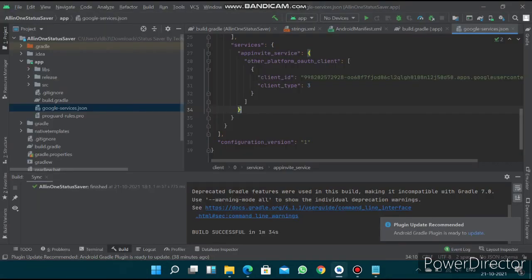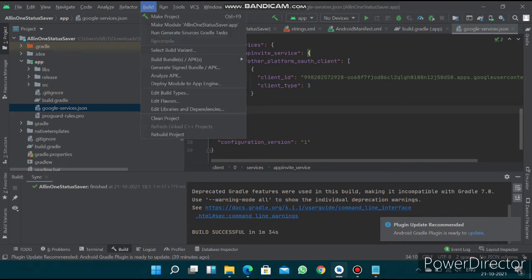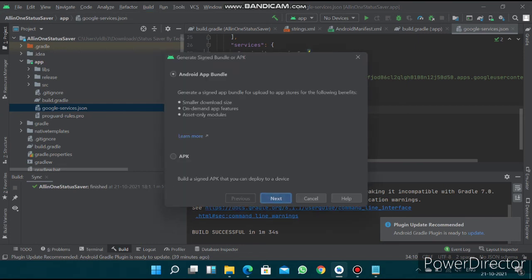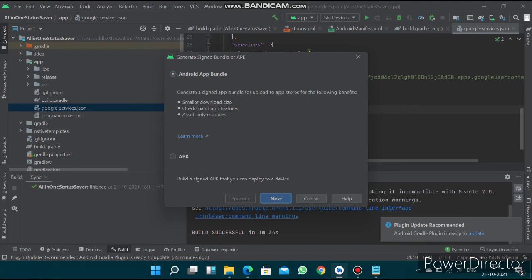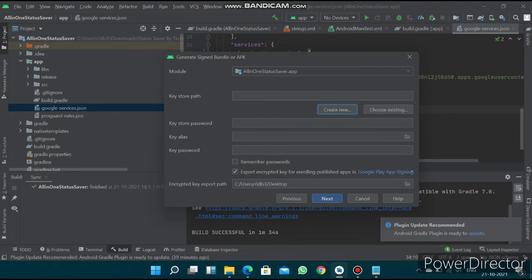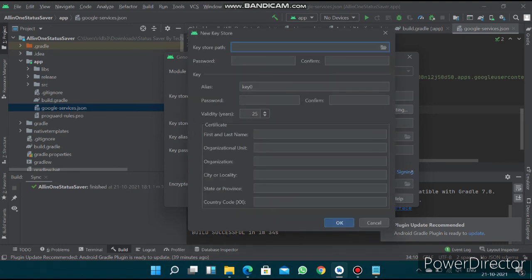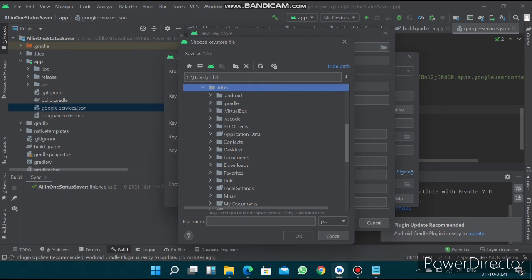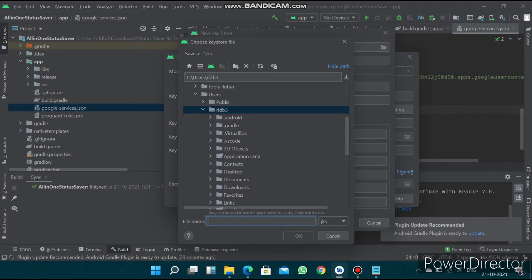So open Android Studio, click on build, click on generate signed APK or bundle, select Android app bundle, click on next, click on create new, select a path to store the key store, I'll save here and give the name for the JKS file. I'll give status app,